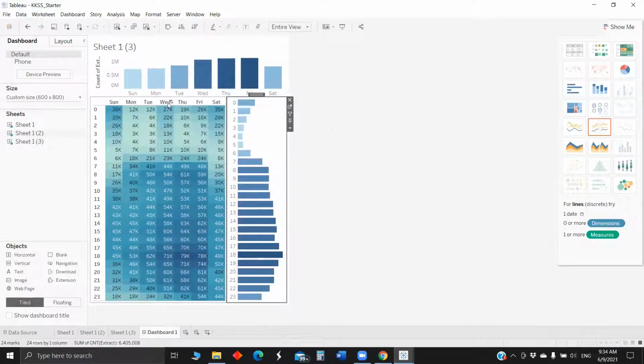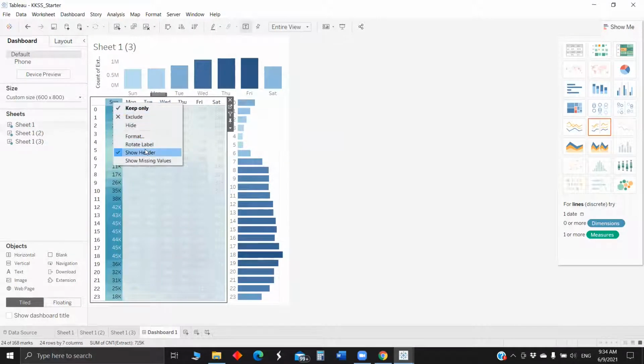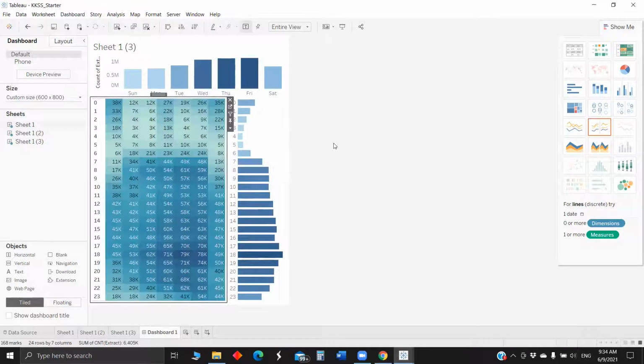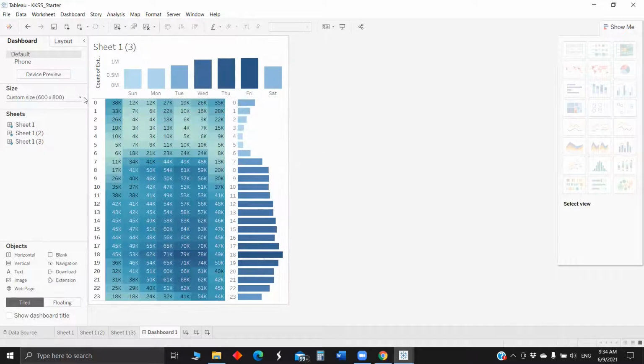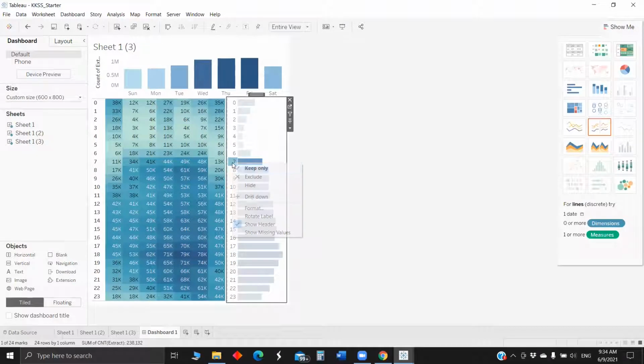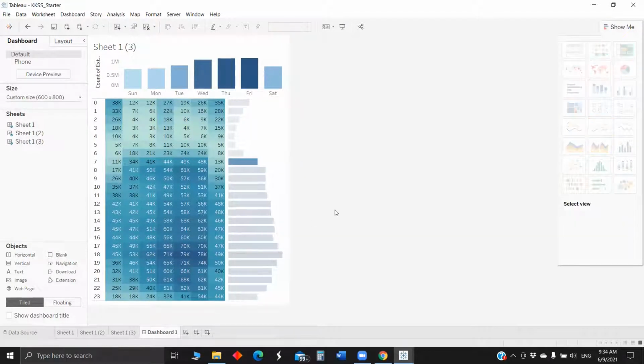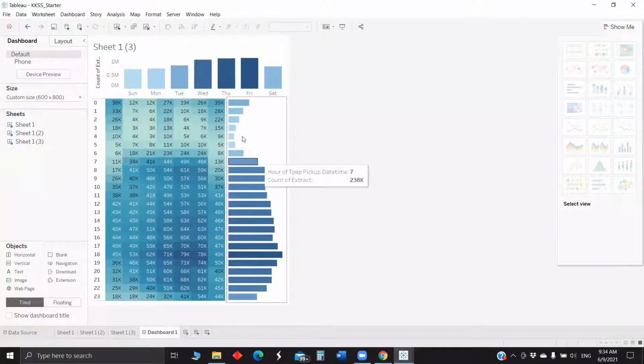Okay, so we'll hide the dates. Now we have the hour numbers aligned. For the time being, we can hide this. So the bottom portion is fixed. Yet we have to fix the top portion.